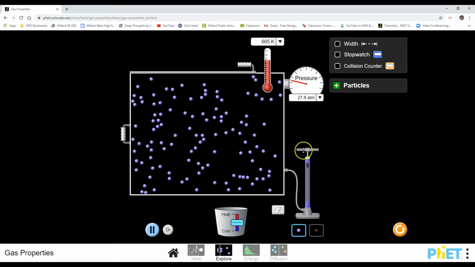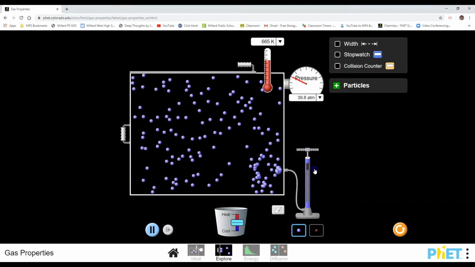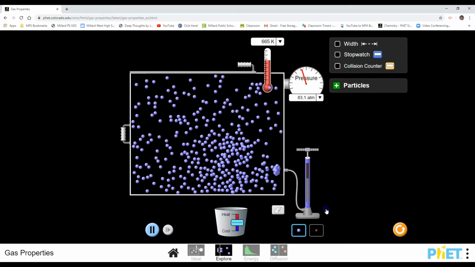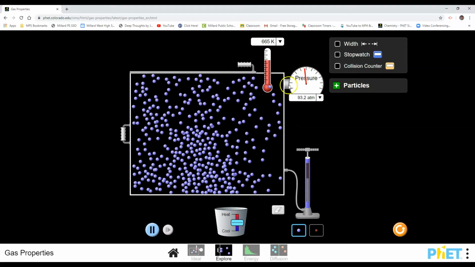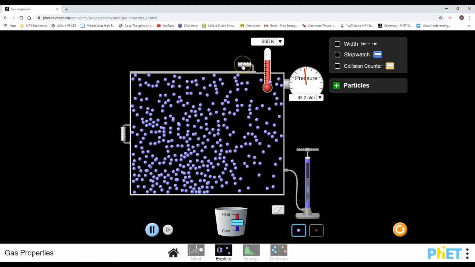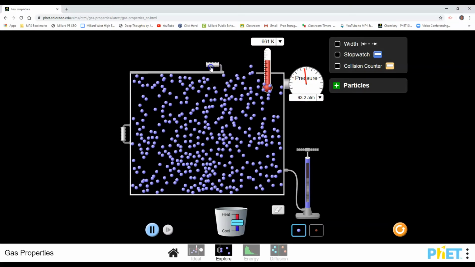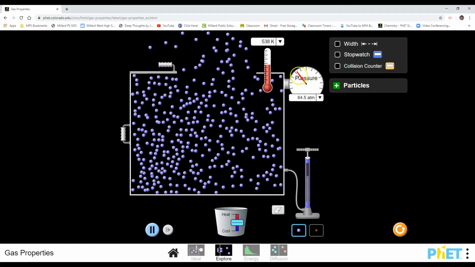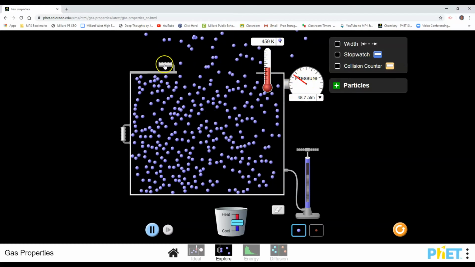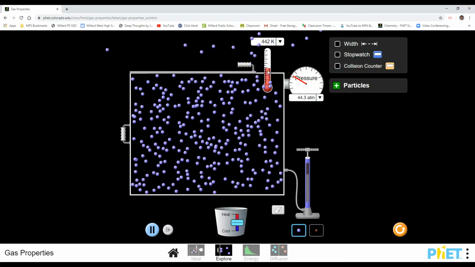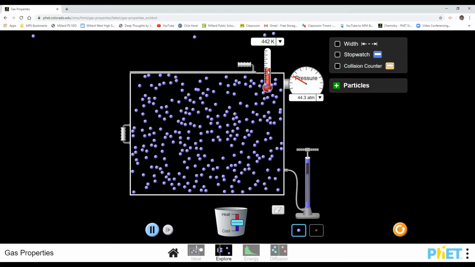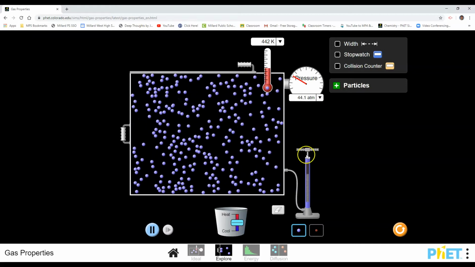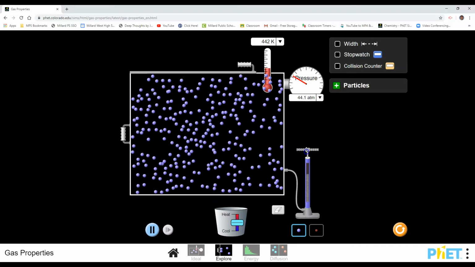Let's say I add particles. I add some particles here with the pump. As I'm adding particles, every time I pump some particles in there, the pressure increases. So does the temp. If I want that to go down, if I open this door on the top and some of these particles escape, you see them escaping out here to the universe, the pressure's dropping, temperature's going down. Okay. And so those are just some of the things you can kind of sit here and manipulate.